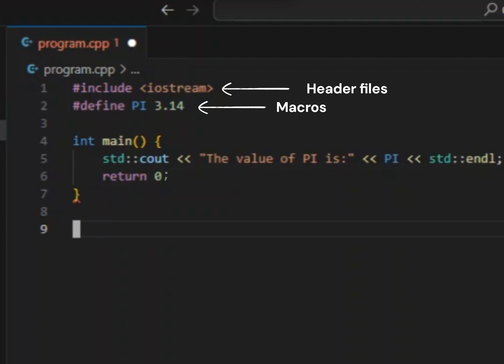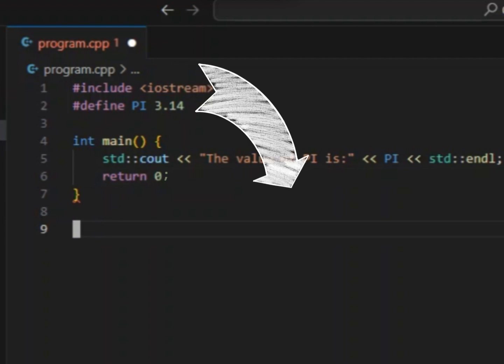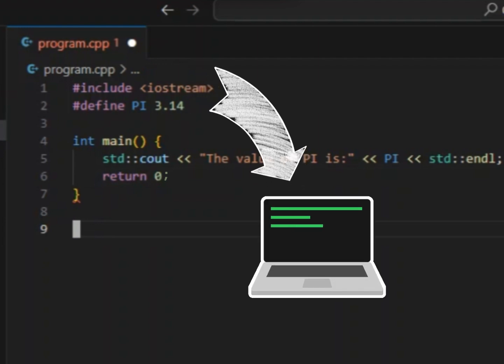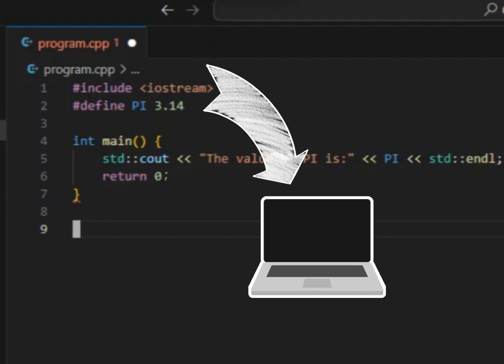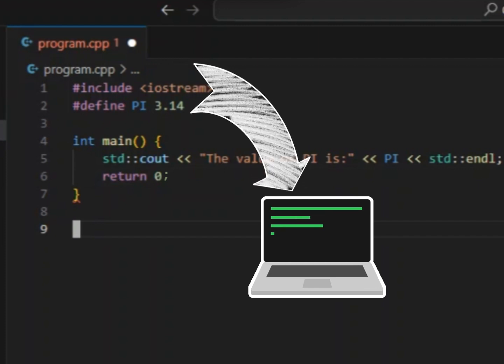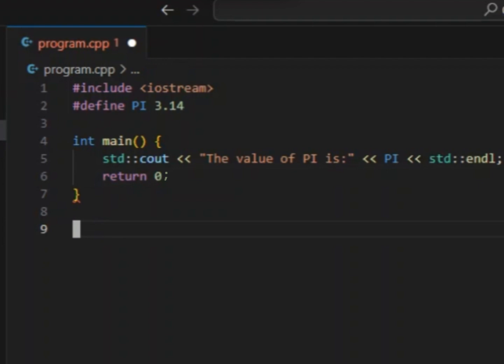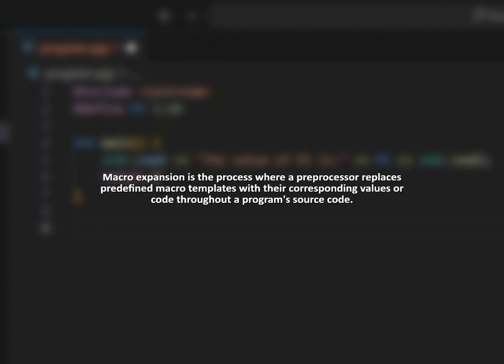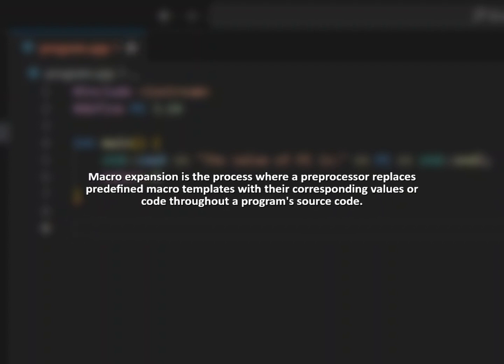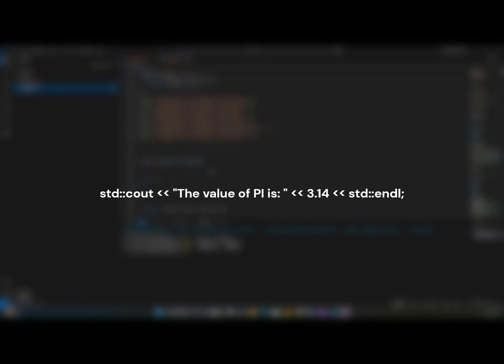Instead of writing all the functions manually, the compiler automatically copies the content of iostream into the program. Macro expansion, #define PI 3.14. The preprocessor replaces every occurrence of PI with 3.14. In that line, the PI will be replaced with 3.14.